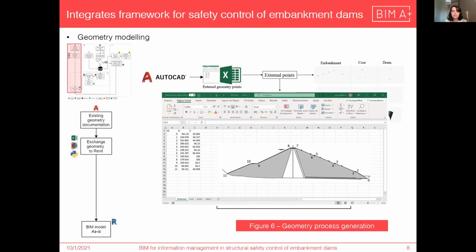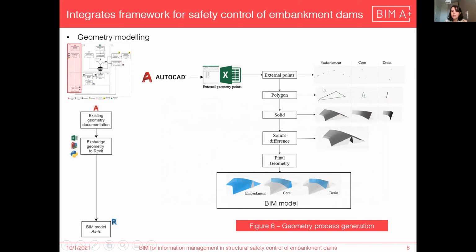So we take the external points for each one, transform that in a polygon, create a solid, and by the solid, just for the embankment, then we make the difference between the core and the drain. So we have these 3 extruded solids. This is important because we have the position and the geometry of the embankment, to visualize the position of each instrument, if it intercepts or not the drain, if it intercepts or not the core. This kind of thing is important to